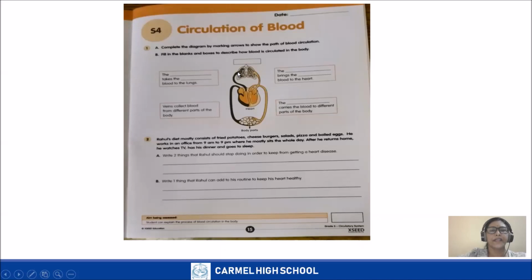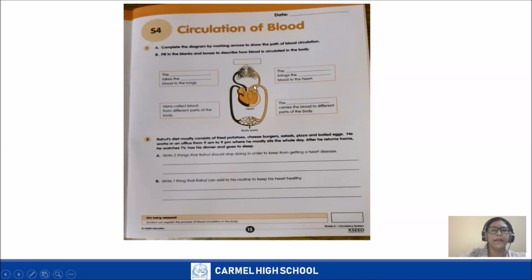So exchange of gases happens in the lungs, and the other blood vessel, that is the pulmonary artery, enters the either side of the lungs from the right ventricle, exchange of gases takes place, and then the pulmonary veins enter